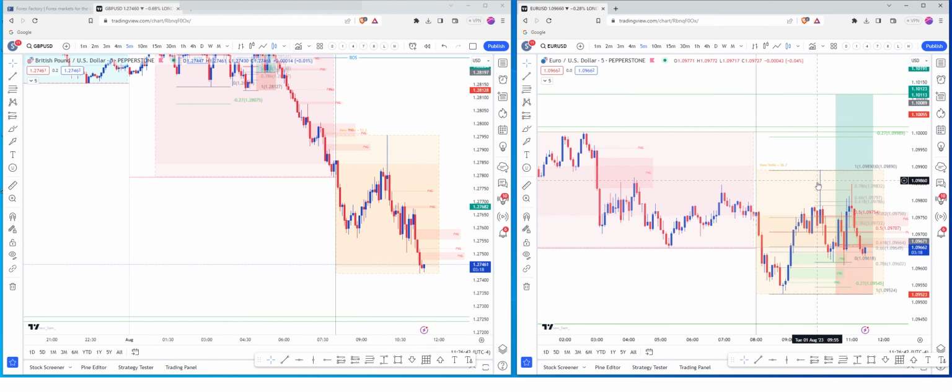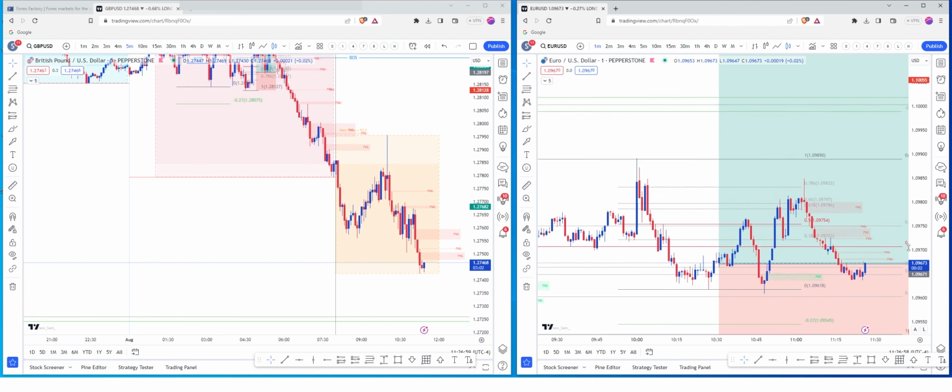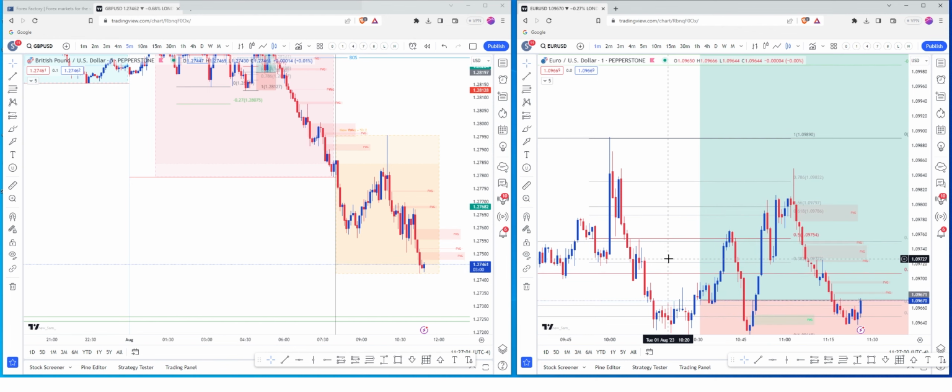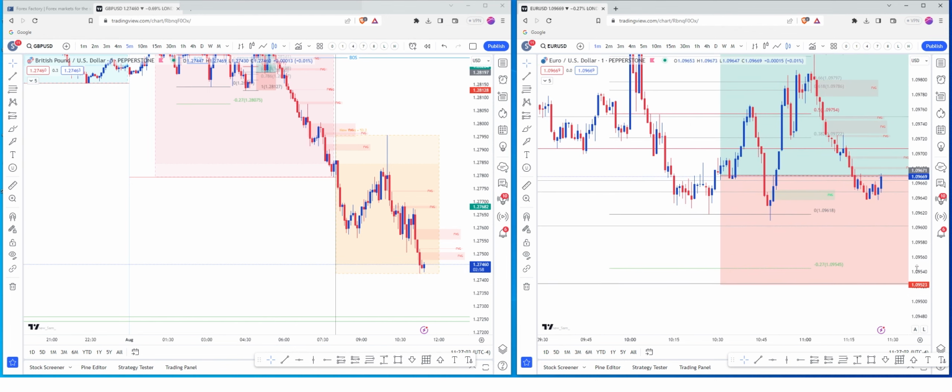So we had the news drop at 10. The price has pumped back into the optimal trade entry. What I did at this point is I went to the 1 minute. As I mentioned in my tutorial, I wouldn't take this just on this 5 minute. I went to the 1 minute to see if we got any kind of reaction at optimal trade entry. On the 1 minute,